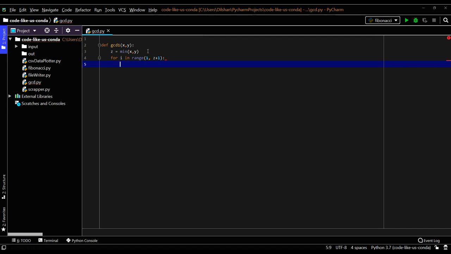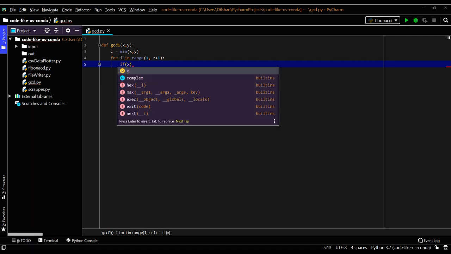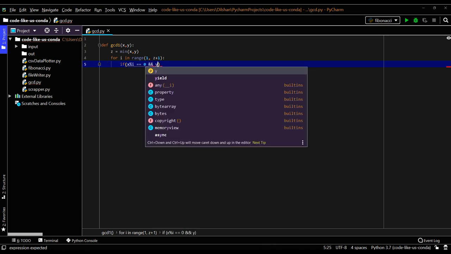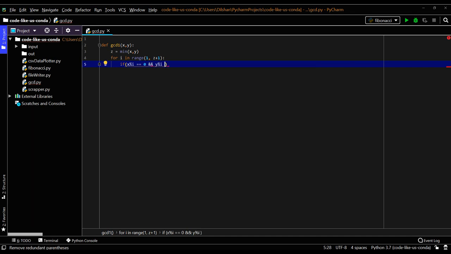Then to check whether the integer is divisible for both of these values, let's say x mod i, the remainder should be 0, as well as y mod i should also be 0.